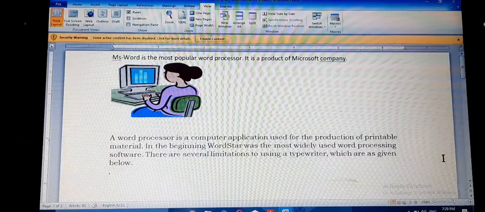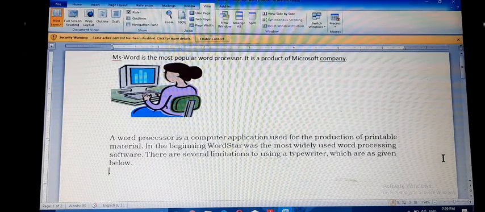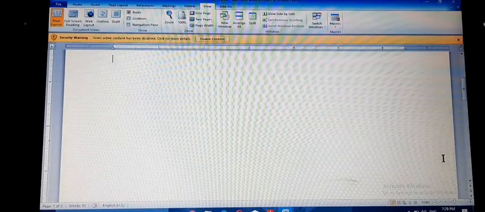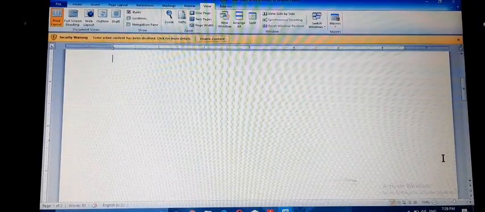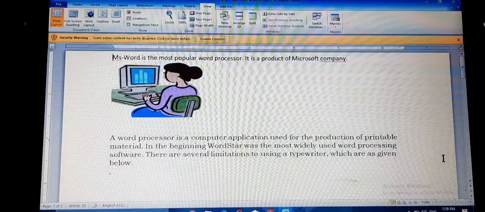Page up, page down. This is the page up, page down, to move one page up or one page down.